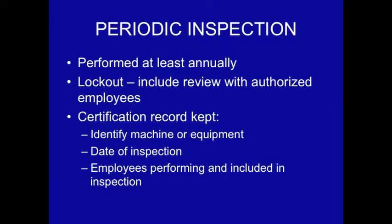Okay, for those of you who are authorized employees, there's a process that's required under the standard called periodic inspection, which means the employer has to make sure that the folks they're authorizing to do that work are doing it right, which means you might be observed. You might be asked to actually perform a lockout procedure, and somebody would watch you go through those steps to make sure that not only it's being performed correctly, but that the procedure is still written accurately. And if there's any discrepancy between the two, the procedure doesn't apply anymore, or perhaps the maintenance person makes an error in the lockout procedure,